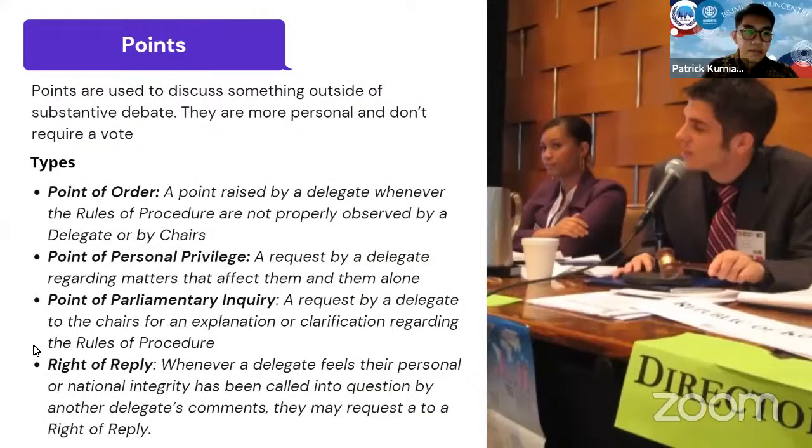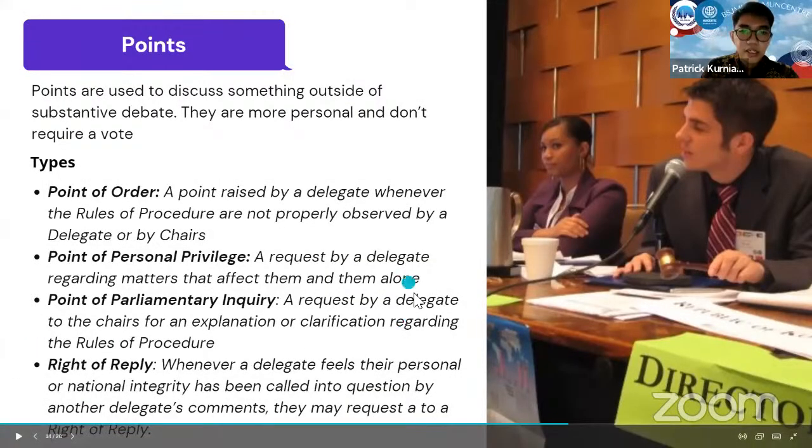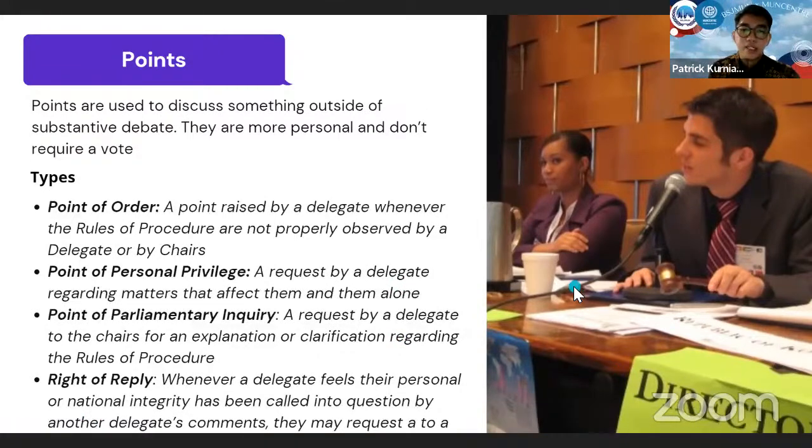Then next is points of parliamentary inquiry. Points of parliamentary inquiry is a request by a delegate to the chairs for an explanation or clarification regarding the rules of procedure. Let's say the chairs mentioned, okay, everyone, we're going to submit an amendment. For anyone who wanted to submit an amendment, please submit it to this email. And then since you're not sure, let's say you're a beginner and not sure what exactly an amendment is, you can